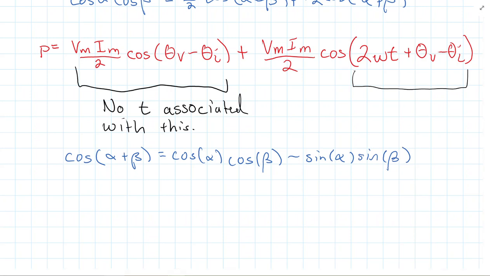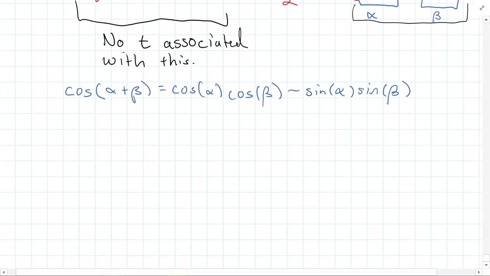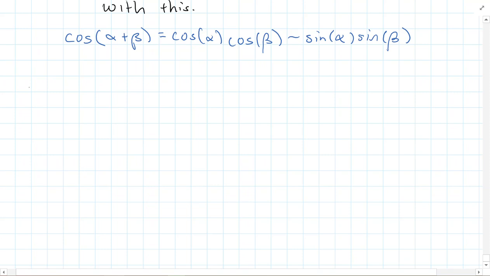And let's go ahead and look what we have here. What we're going to identify is alpha. In this case, we're going to look at 2 omega t being my alpha, and we're going to look at this theta v minus theta I as my beta when we're using this trig identity. So now we're going to get a pretty big equation here. So I'm going to write maybe a little bit smaller. So I have power is equal to